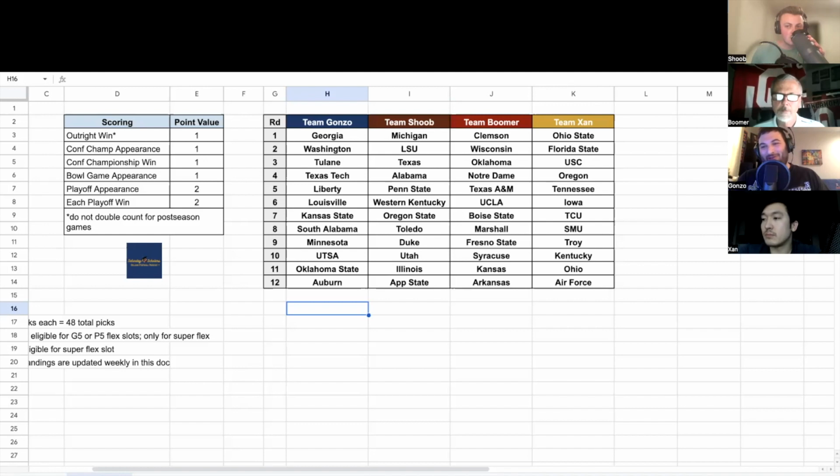I did consider Maryland, but considering they had to play Ohio State, Michigan, Penn State, that just scared me off and made me go Minnesota, just because even if they find a way to snipe one, I don't see you getting out of that alive. Yeah, I completely forgot about Maryland, actually. I would have had Maryland right in that Ole Miss, UNC, UCF tier for sure. I had Maryland right after. So I had NC State, and then I had either Coastal or Maryland.